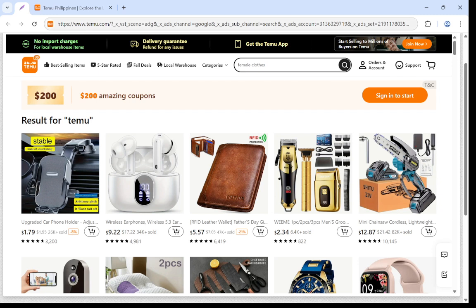To begin, you'll want to open the Temu app on your device. If you don't already have the app installed, you can download it from the App Store or Google Play. Once you have the app open, the next step is to log into your account. You'll need to enter your credentials, like your email and password, to access your account. If you've forgotten your password, Temu offers a simple password reset feature that can help you get back into your